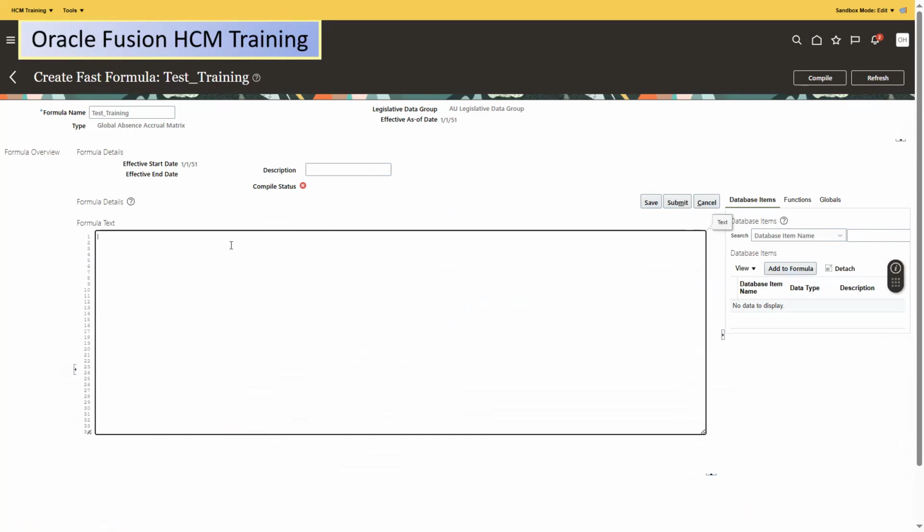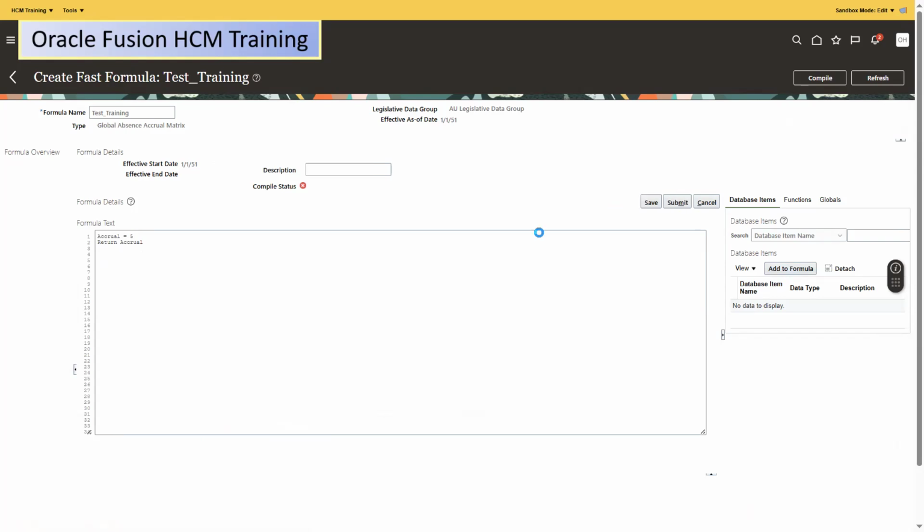See, default and input statements are not mandatory. If I just say accrual is equal to 5 days, no matter what, then I'll just say return. For this, I need not write an accrual formula because I could do this in the matrix we have available in the default setup. Still, if I just say it like this, return accruals,